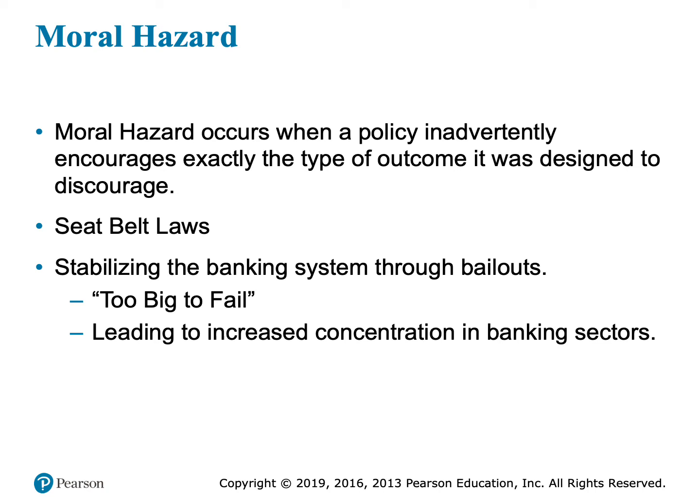Literally across their lap and across their chest. So they took on higher risks because of the seatbelts. They drove faster, they drove more recklessly, and that increased highway deaths. So this was a moral hazard, right? Where a policy designed to have one outcome encouraged behaviors that led to the opposite outcome or some perversion of that outcome, right? Another example that you'll see in our discussion of financial crisis would be, of course, the policy